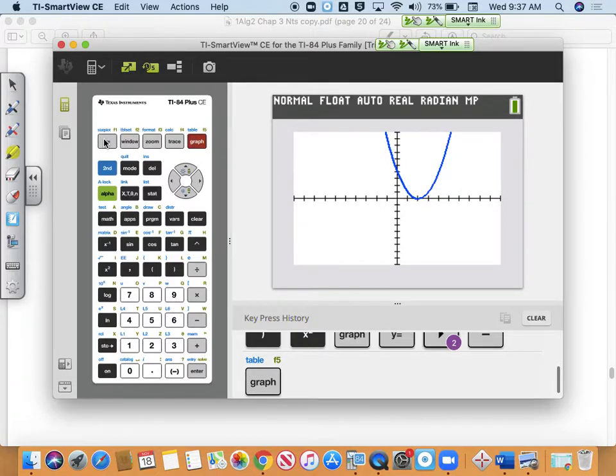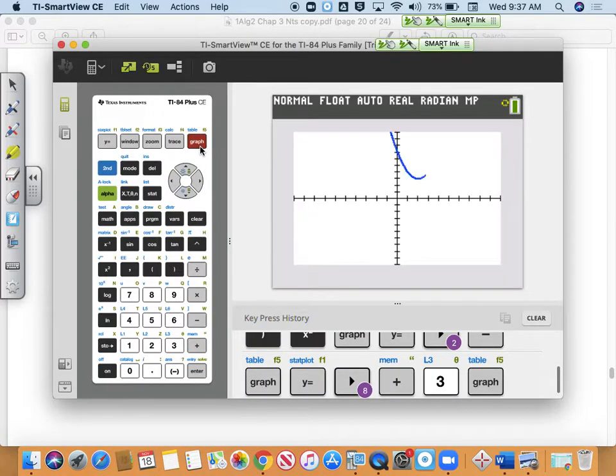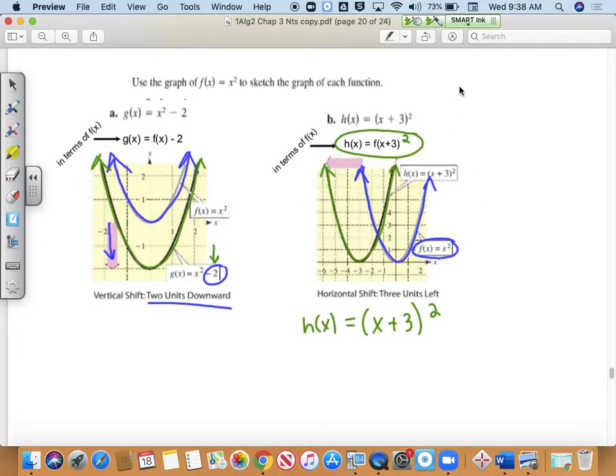If I said, what's the equation of a graph that's shifted to the right 2 units and up 3 units? You could then practice and think to yourself, okay, up 3 units also would be plus 3 at the end. Graph it and you can see it's moved over to the right and up 3 units. So you can use your graphing calculator to help you figure out the shifting and the way it works if you forget what the actual formulas are. On the next page of our notes here,